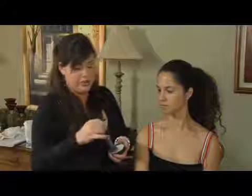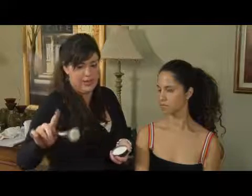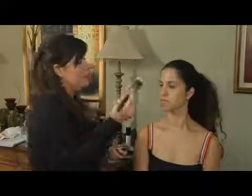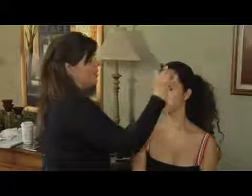And now I'm going to go in with a loose powder, a nice translucent powder. So it's not going to add any more coverage, but it's just going to take away a little bit of that shine, and it's going to set your foundation. So I'm just going to work the translucent powder into my brush and tap off the excess. And then I'm going to go through the forehead, into the hairline,